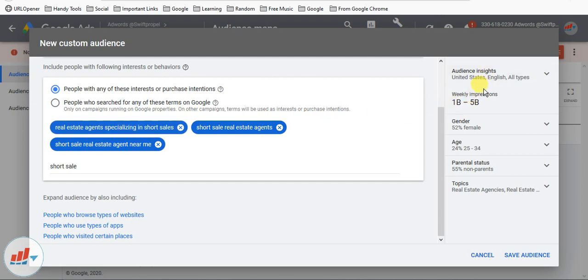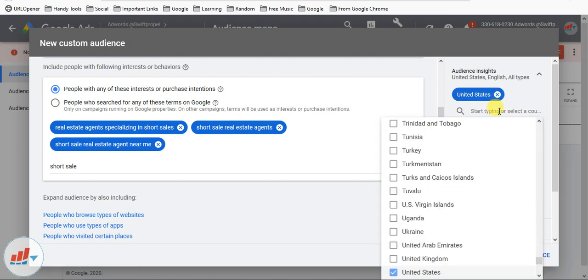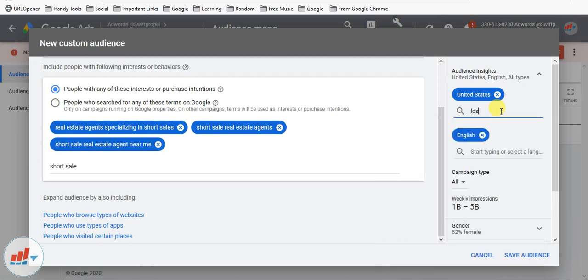Here you can see that I'm using the location as United States, but if you want, you can use a very targeted location, for example, I can choose Los Angeles County. Let me try if it's showing me any region.